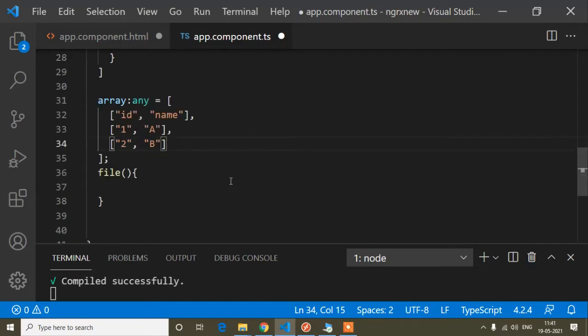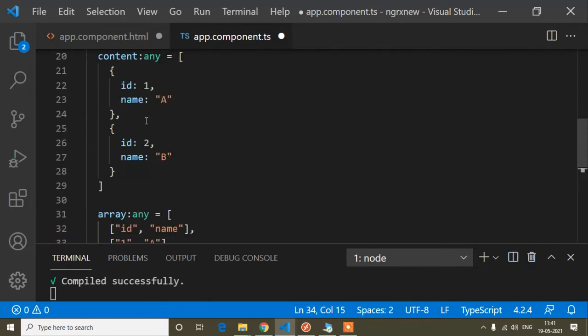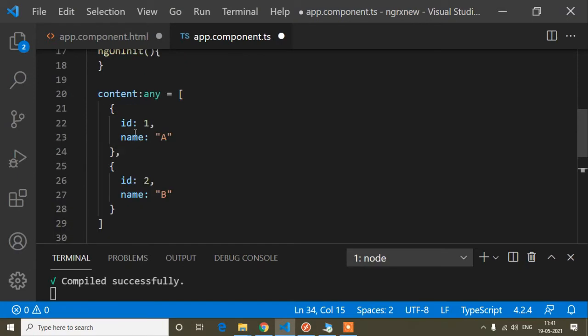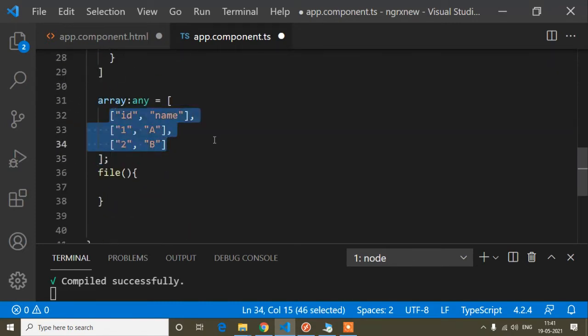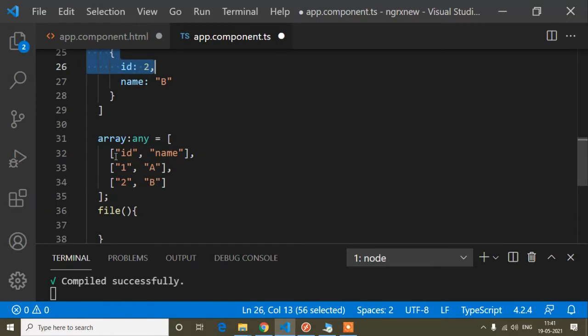Okay, so now guys, first of all our main challenge is that I have to convert this data that comes this way, array and object, so I have to convert it like this way. That's our main challenge first of all. I hope you have understood, and if you have any doubts, you can write in the comments. So now guys, our main challenge is we have to convert this data in this format.